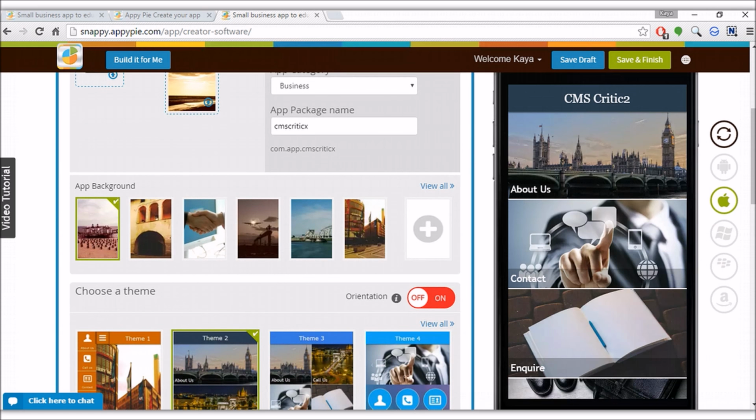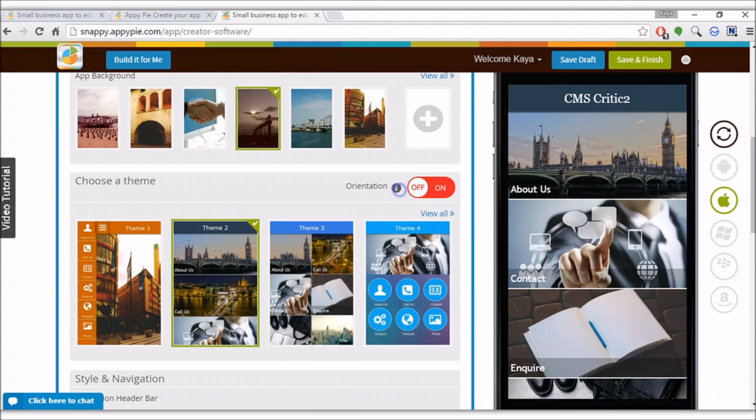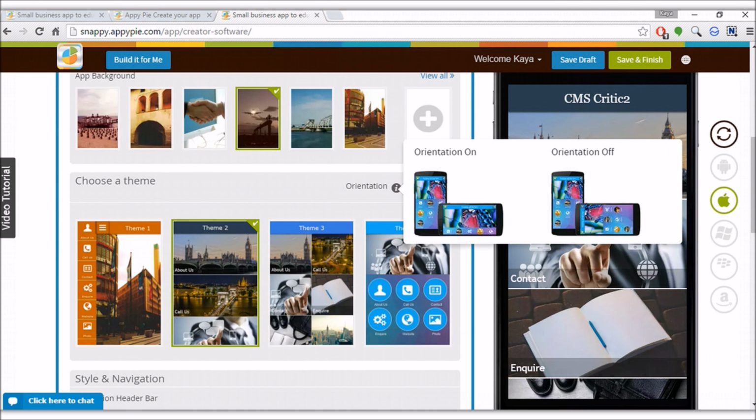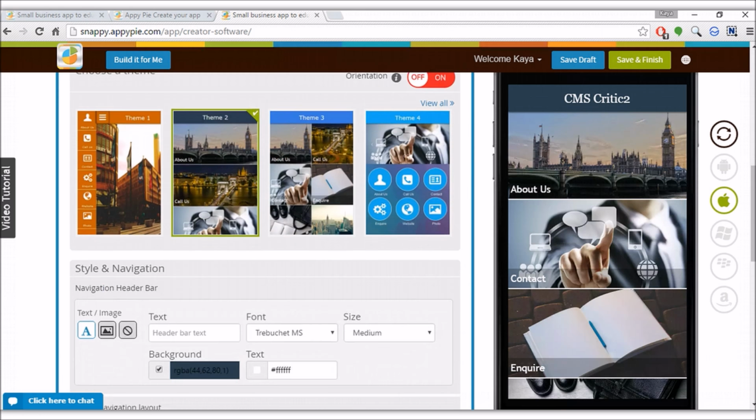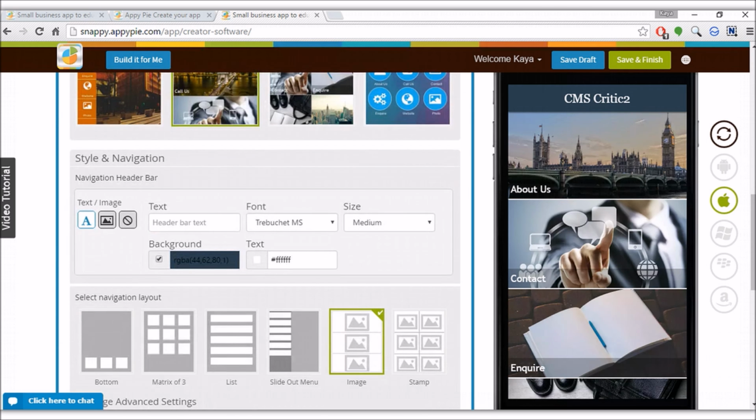Further down is the app background. In this particular theme, I don't think it makes a difference, but there you go. Orientation seems to be these little, right. That's just me. I'm able to change my theme here basically. If I were to turn that on, I'm not sure how that affects the outcome, but let's keep it off just in case. Style and navigation